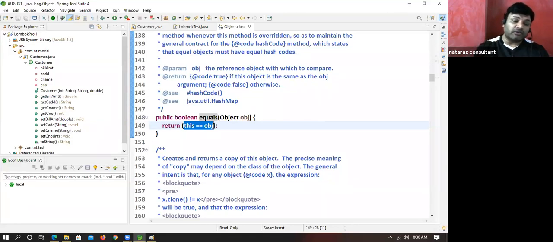They have already overridden the equals method to compare the state. That's why in the case of String classes and wrapper classes, whenever you go for the equals method, it is comparing the state only. It is our Customer class, a user defined class. I have not overridden the equals method. So when you override the equals method, you are going to compare the state. Are you understanding my point there?